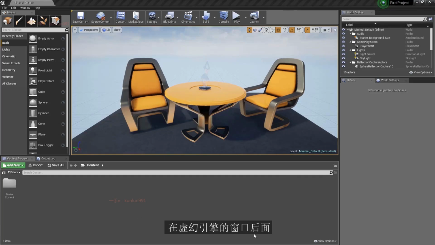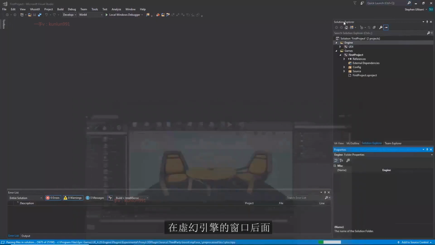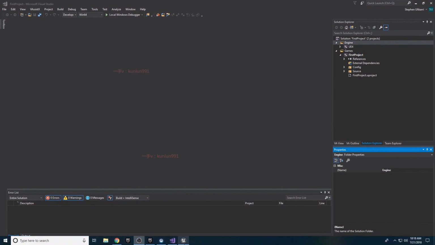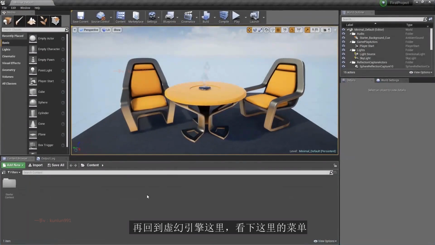And in the background, you'll see that Visual Studio is preparing your project. So this will take a little bit of time for it to create all the project files. It'll take a few minutes. And in the meantime, we can go back to Unreal Engine and just take a look at the different menus we have here. Now, in the next video, we're going to actually go through what these menus are, but for now,